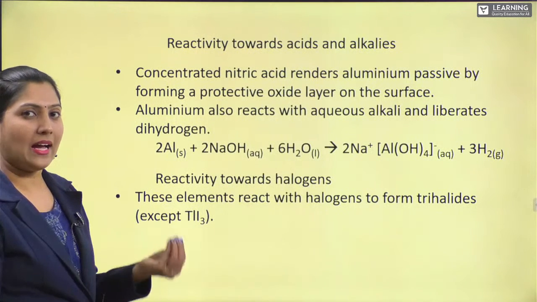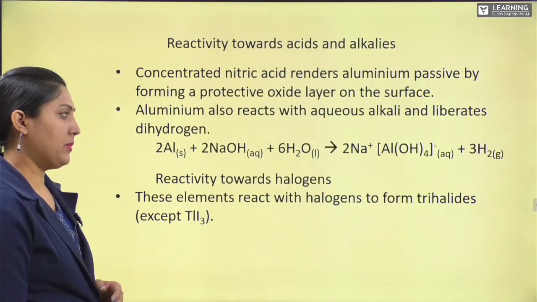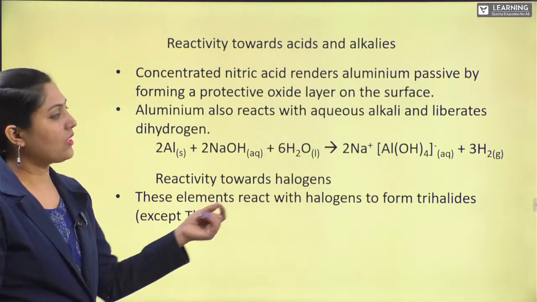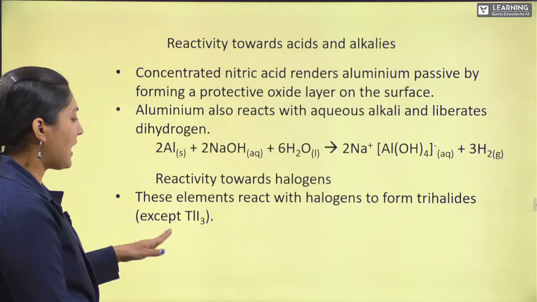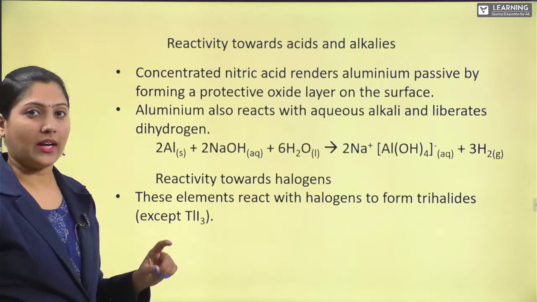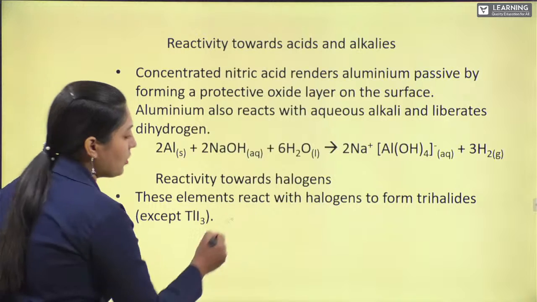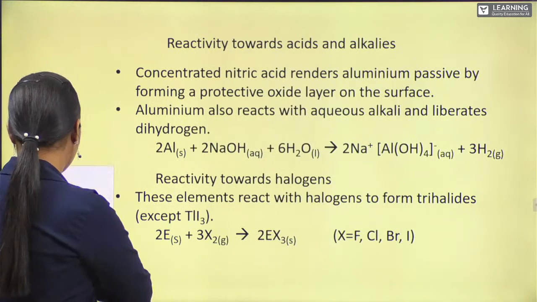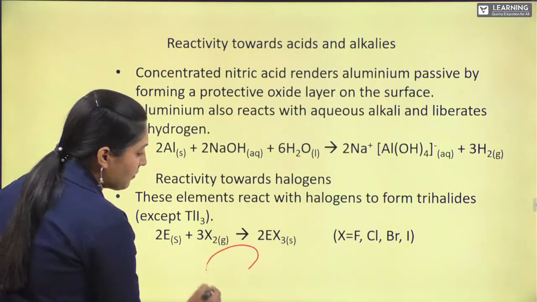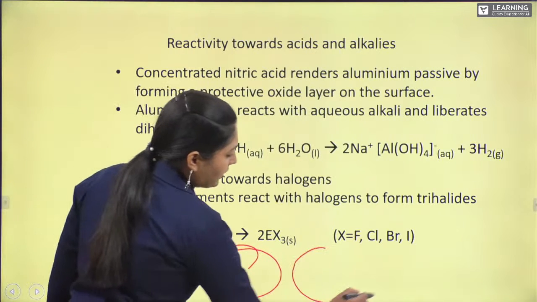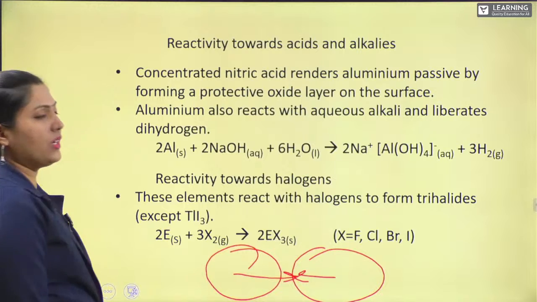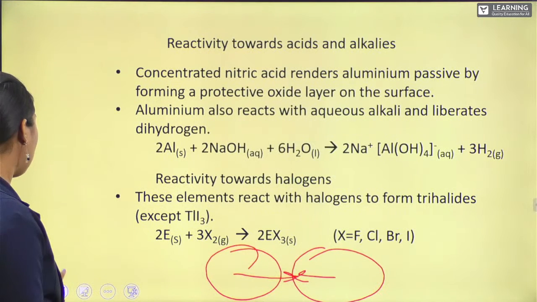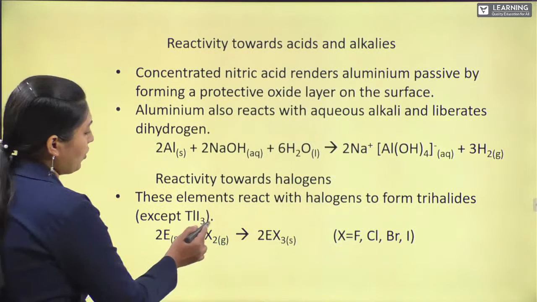Halides come from halogens. Group 17 elements are called halogens and we form halides. Except thallium triiodide, because thallium is larger in size. Iodine is also larger in size. They cannot easily react and form the halide. So we have this exception of thallium